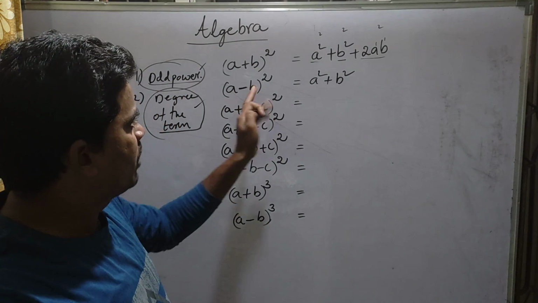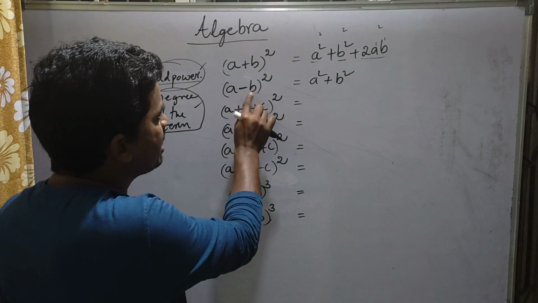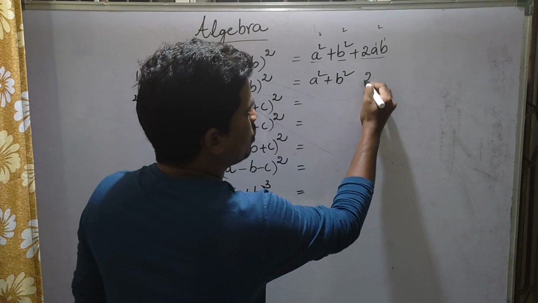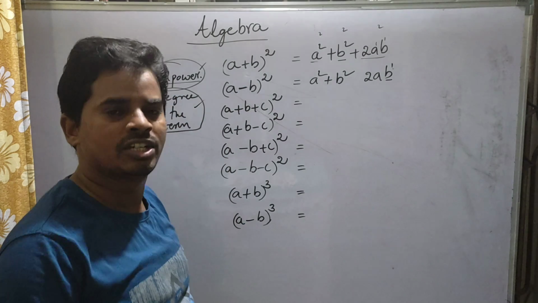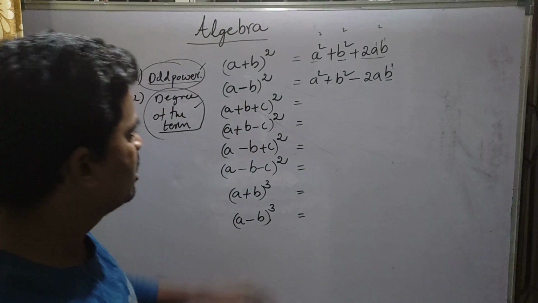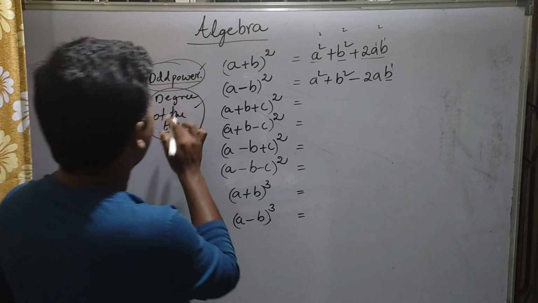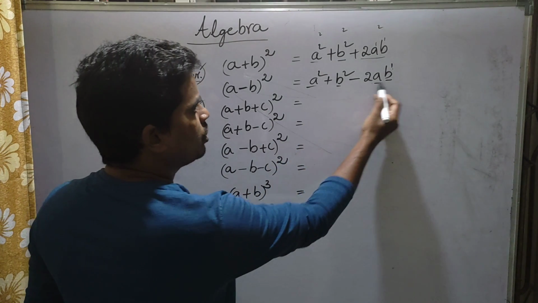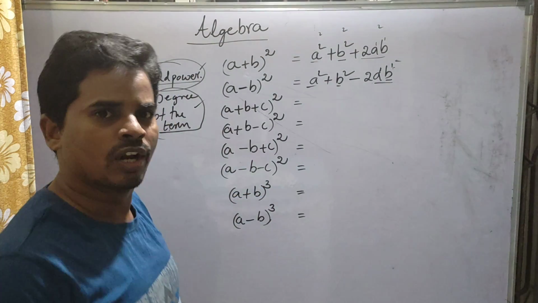It is not a question of anything else here. Only where the b is there, we should just watch only the b, because b has the negative sign. So in the expansion, 2ab we will get. Here b power is 1, which means odd number. It's an odd power, so we will get minus. Okay. Now we can see the remaining formulas also, then you will understand very easily. And also see the second logic, degree of the term: 1 plus 1, 2. Here the degree of each term is also 2 only.